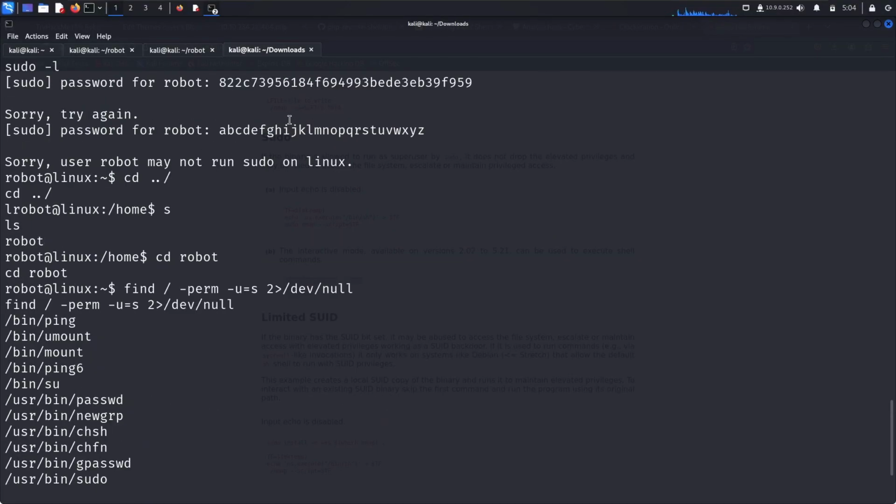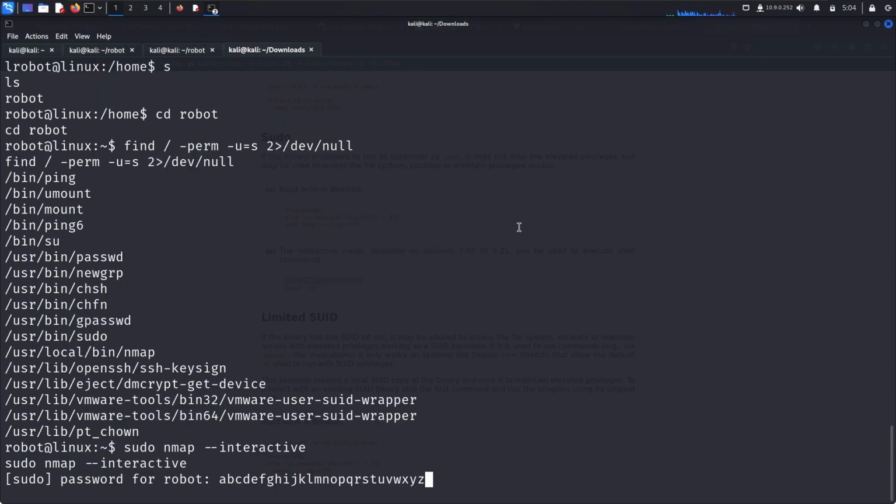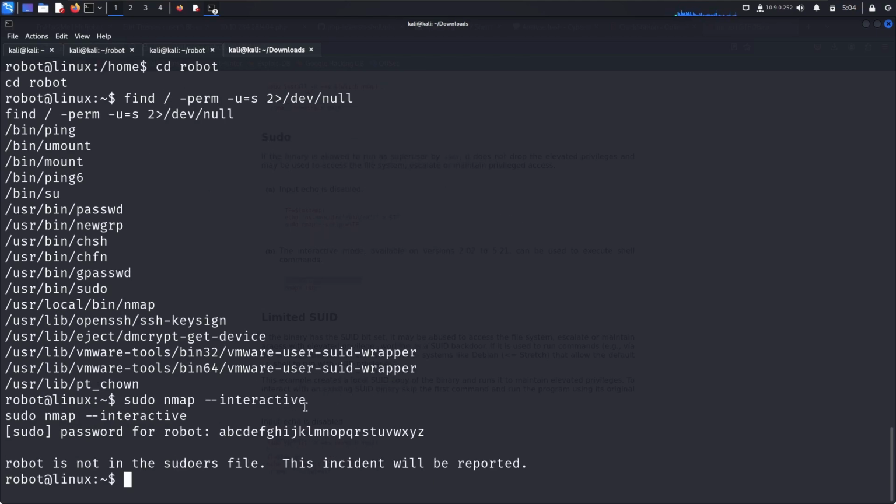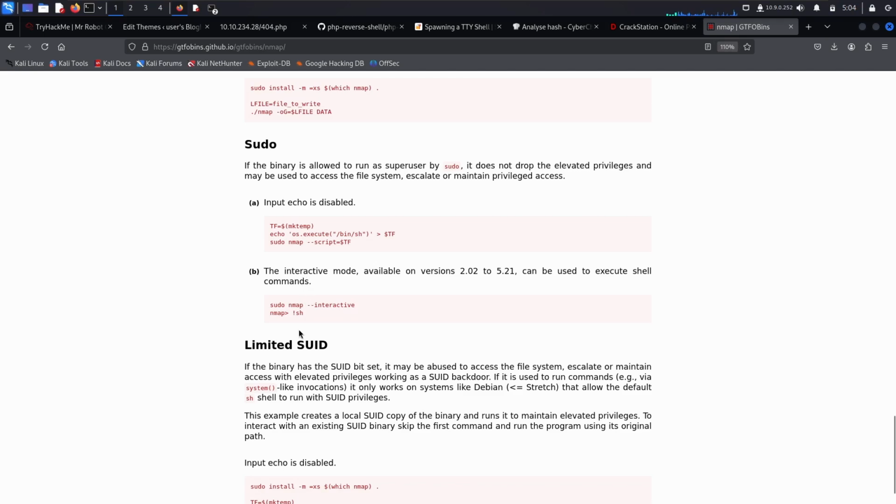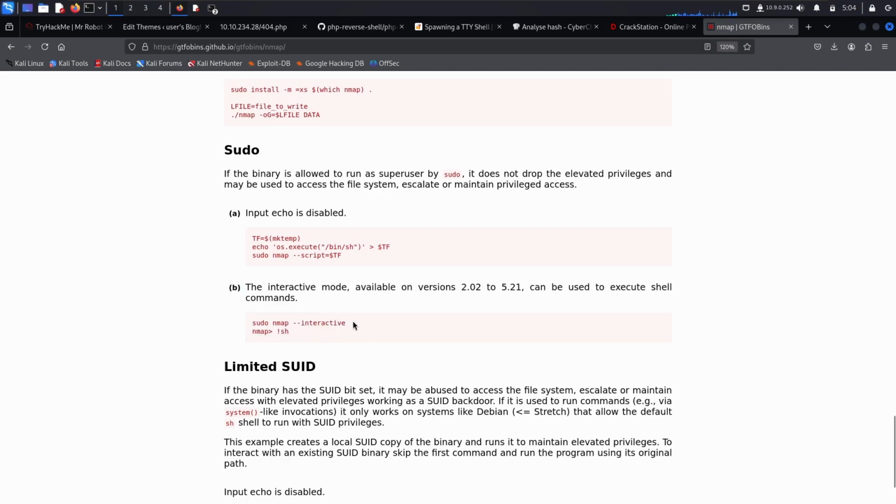The password is somewhere here. So this is our password, which is abcd2set, and it's saying that robot is not in sudoers. So basically sudo is not working, so we can just eliminate sudo and use the command without sudo. So we can use nmap --interactive,